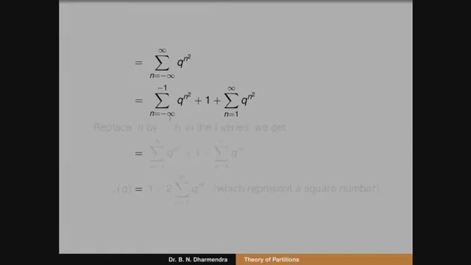So now, that negative part is there in the series. So we can replace n by minus n in the first series. Also, when we replace n by minus n in the first series, the term n square is there. So minus n whole square can be written as the positive number, that is n square only. So therefore it can be written as summation n running from 1 to infinity q to the power of n square plus 1 plus summation n running from 1 to infinity q to the power of n square.